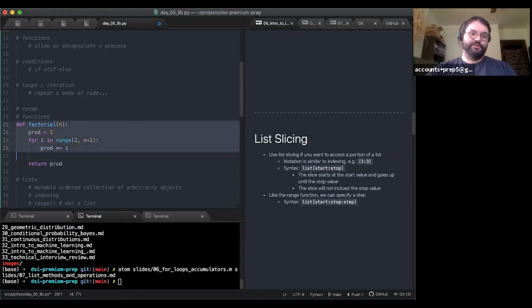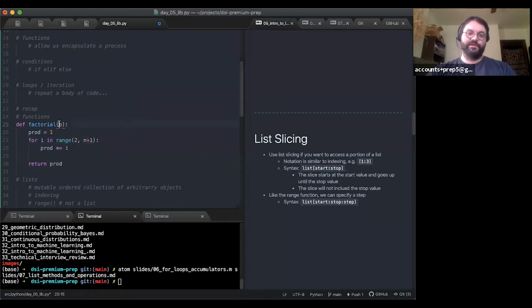What I'm doing here is starting a value at 1, and going through every number in a range from 2 to n plus 1, right?